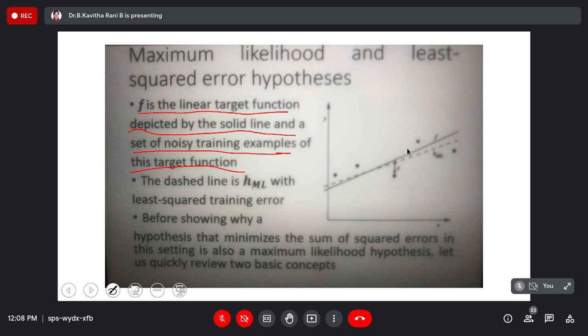Okay, before showing why a hypothesis that minimizes the sum of squared errors in this setting is also a maximum likelihood hypothesis, let us quickly review two basic concepts. ఇది రావడానికి we have to use two things here. One is probability density and another one is normal distribution. Probability density అంటే ఏంటి అని అంటే, example,